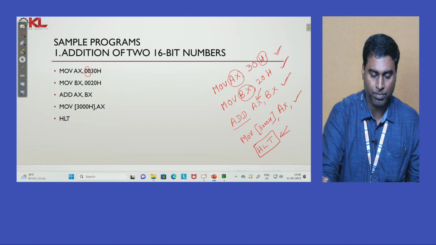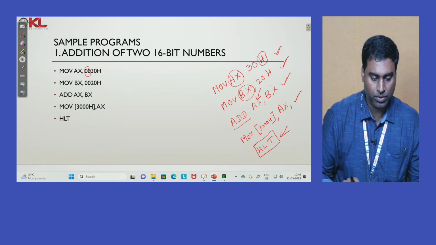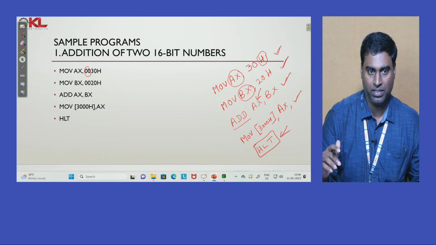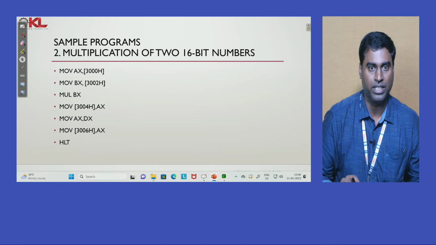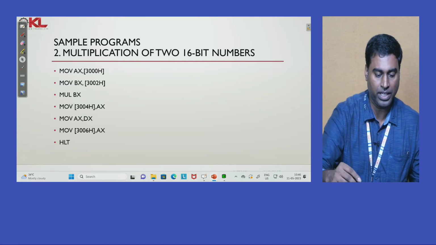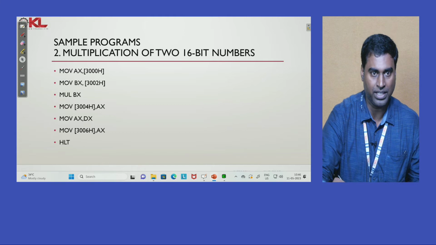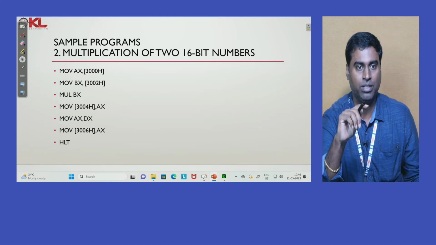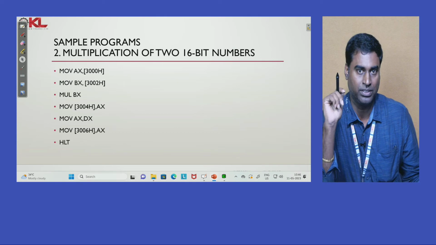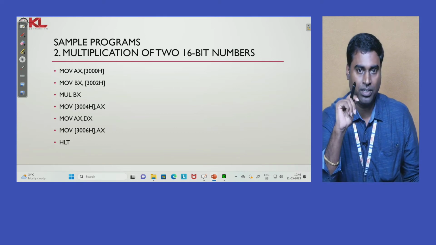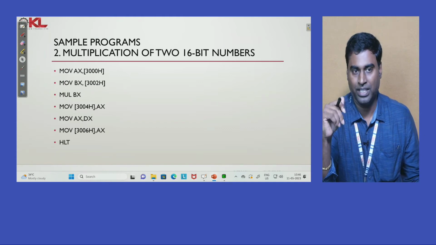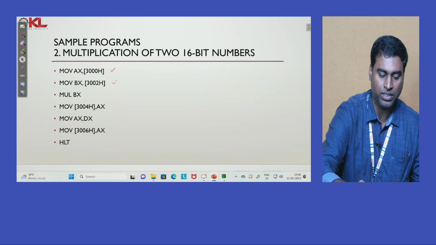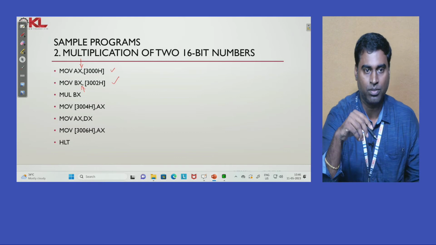Okay, so now we will see two more programs, then we will go for simulation. Similarly, if you see here, I am using multiplication. The program is multiplication of two 16-bit numbers. Whenever you are doing multiplication, what is the first step? You have to get two numbers. So I am getting the two numbers from the user and I am placing them in the accumulator and